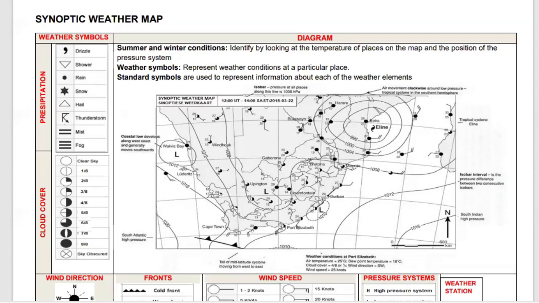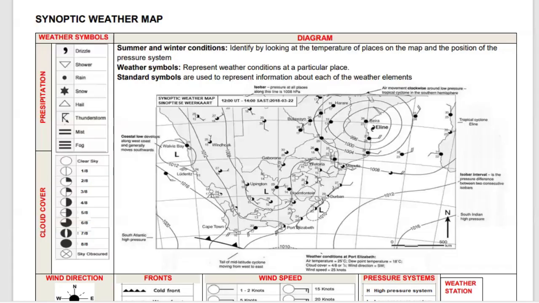When you're talking of synoptic weather maps, this is basically a geographical concept which is applicable in the FET phase, starting from grade 10, grade 11, and ultimately grade 12. So what I'm going to present here, I'm mainly going to focus on the basics of synoptic weather maps, the basic understanding of synoptic weather maps, primarily based on grade 10 content, so that maybe you can grasp the basic